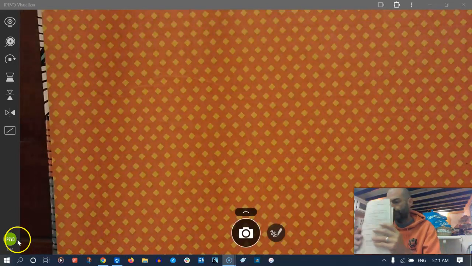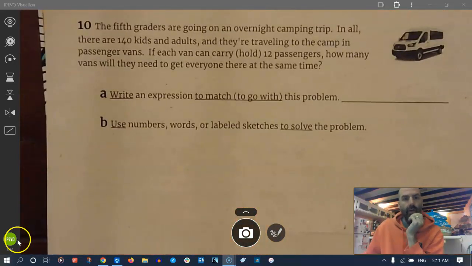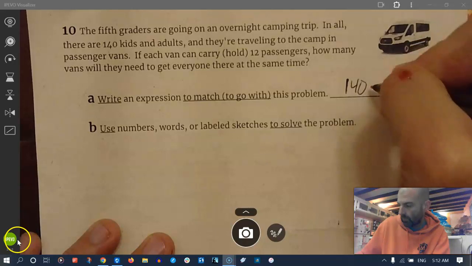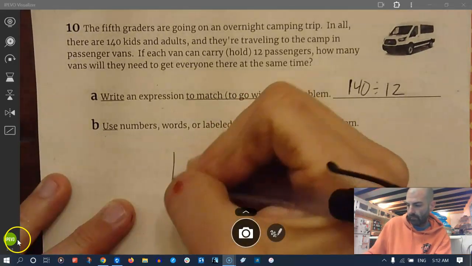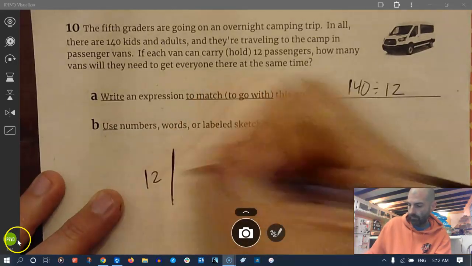And lastly, the 5th graders are going on an overnight camping trip. In all, there are 140 kids and adults, and they're traveling to the camp in passenger vans. If each van can carry 12 passengers, how many vans will they need to get everyone there at the same time? Write an expression. So this is 140 divided by 12. Remember, an expression does not have an answer, and we want to show